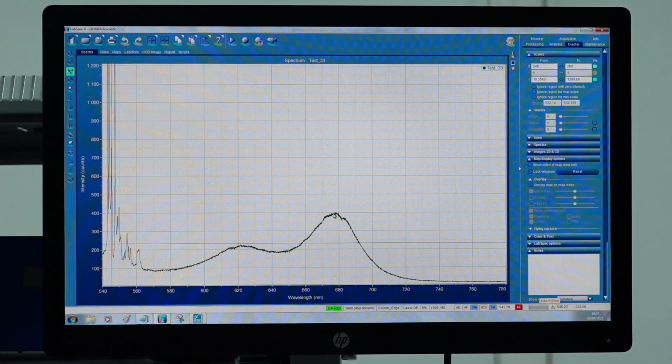In the previous selected range, the peak for the PL was falling at the leftmost edge, that is for the least wavelength. So I changed the range for spectral investigation from 540 nanometer to 780 nanometer. Now this has given us some extra information here.